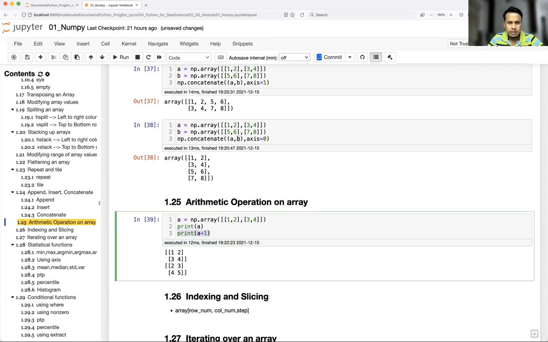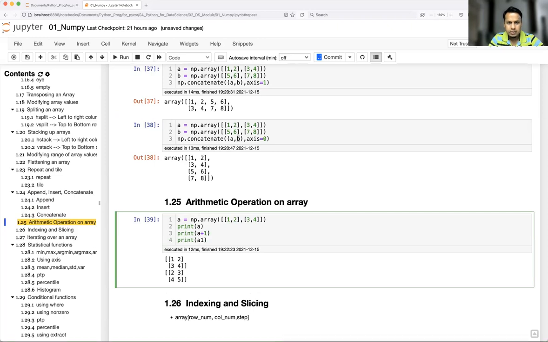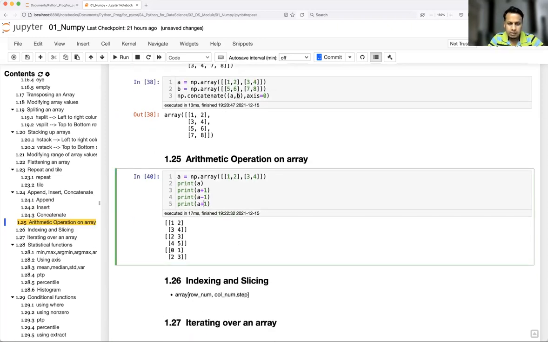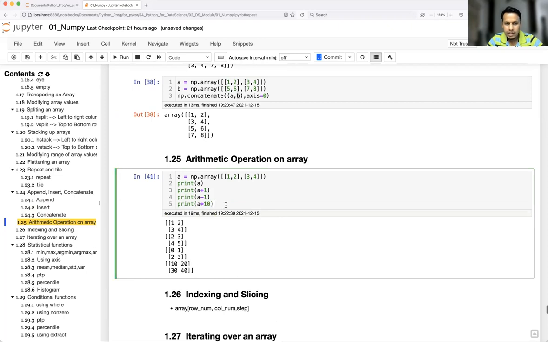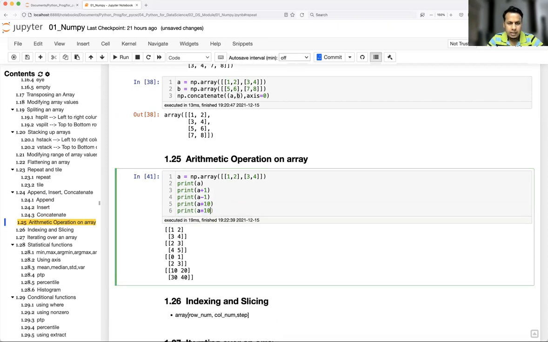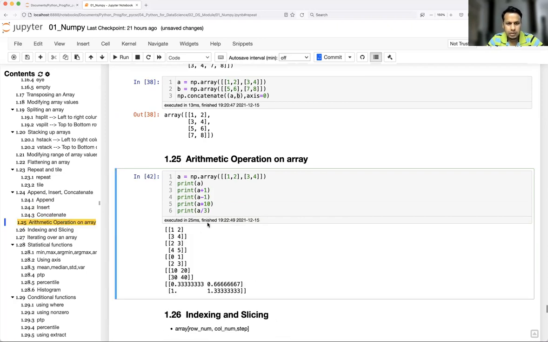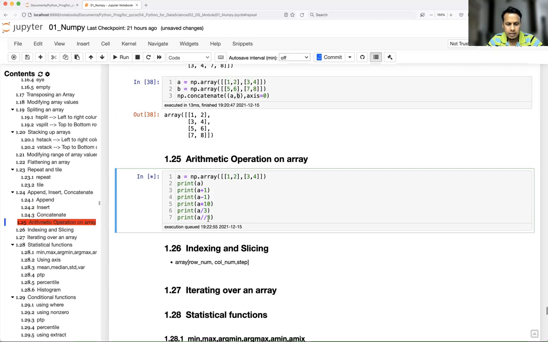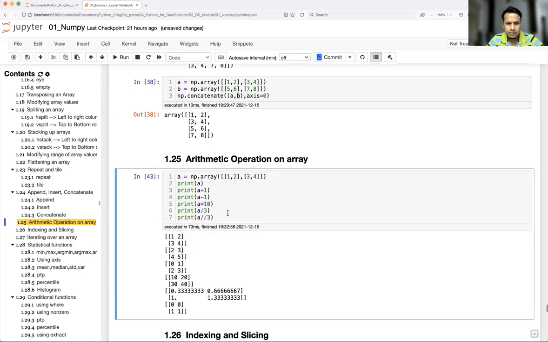Now let's take a look at subtraction. So 1 will be subtracted from each and every element. Similarly, you can do multiplication. I'll just multiply by 10, so every element will get multiplied by 10. Let's say you are doing division by 3. Okay, so this is float division, and if you want integer division or float division, you can use this.